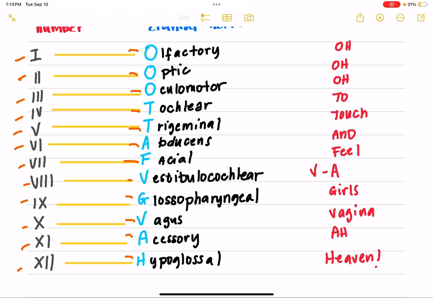Vestibulocochlear, sorry. So, ang vestibulocochlear, ibaliskad ko lang siya daw A sa mnemonics naton. Hearing and balance na siya. And glossopharyngeal,